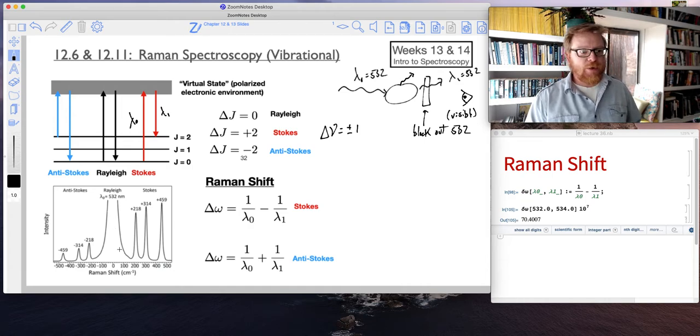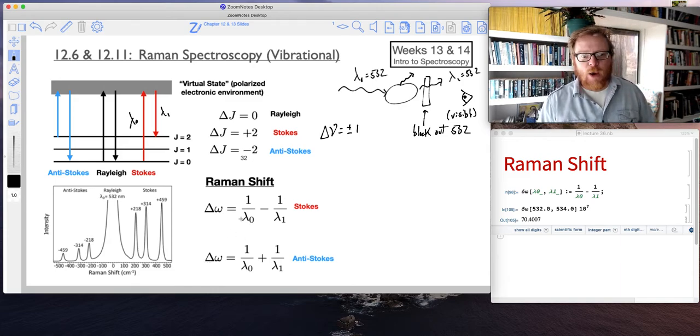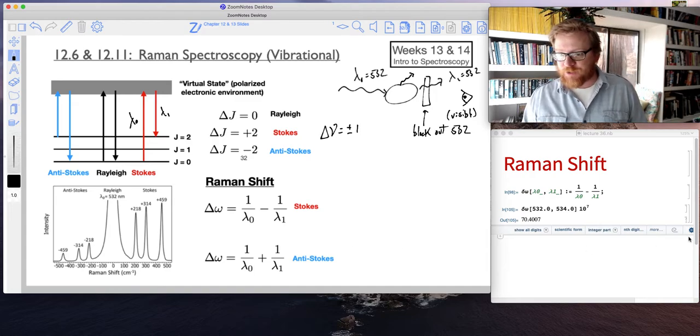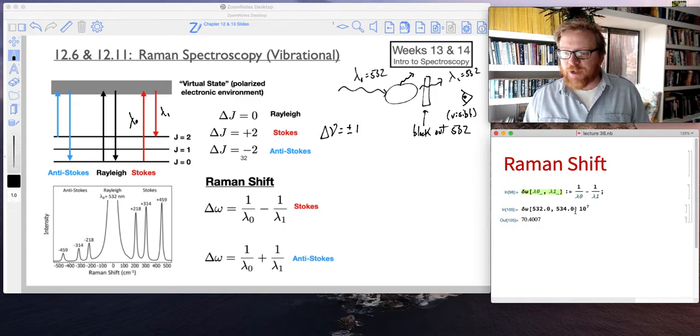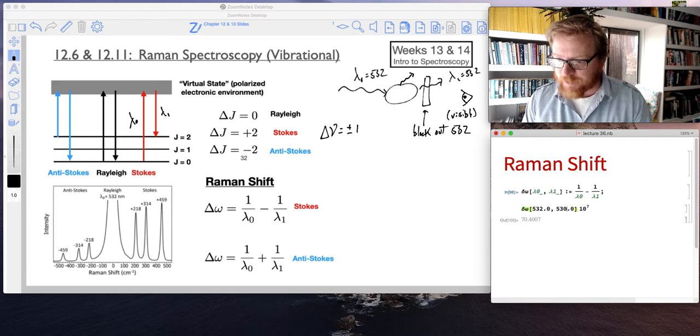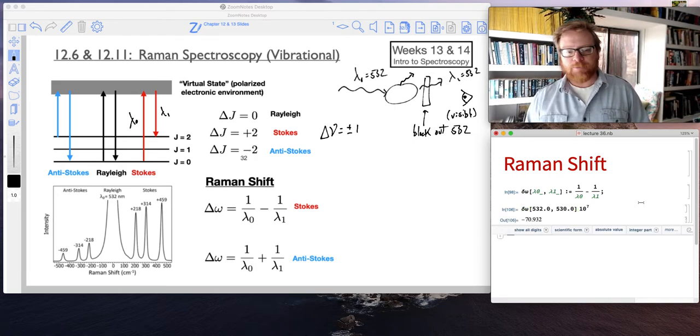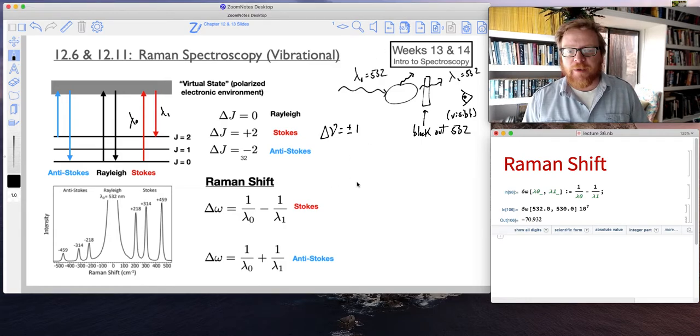Okay, so you can see in the anti-Stokes, those all look like negative numbers, whereas in the Stokes they look like positive numbers. And so here's how we calculate those Raman shifts. I've got it coded up here, and I think I actually need to put 530 in there. So let's suppose, just kind of playing around with this, that we shine some 532 nanometer light